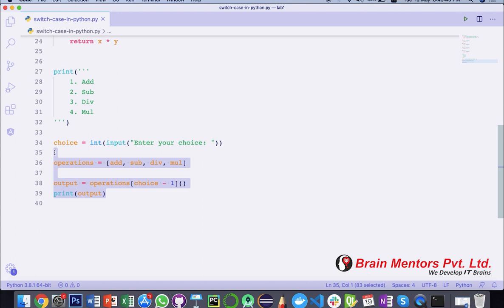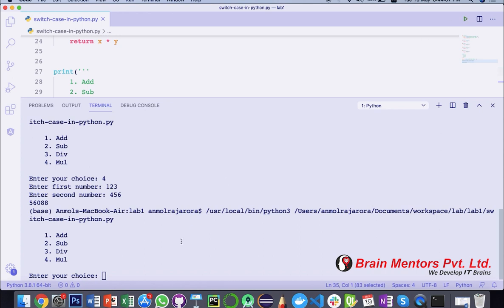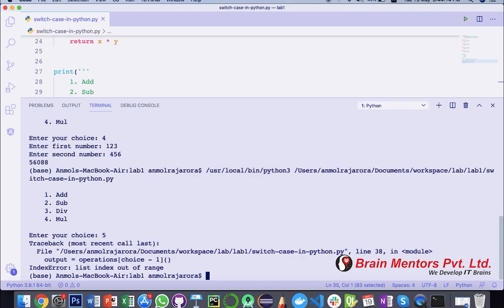But there is a particular disadvantage, as you must have noticed, in this way of using a list. The problem is that if we pass some invalid choice, the user currently passed 1, 2, 3, or 4 when we tested, but if the user passes 5 or 0, then what's going to happen? You are just going to see some error. Let me show you how that is going to come here. So let's first terminate this. We can test it here only. I will just pass in 5, and after doing this it just says list index out of range.